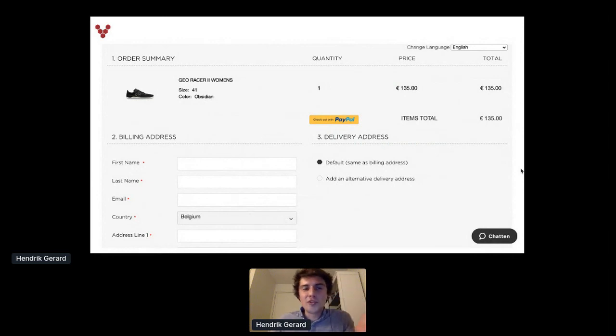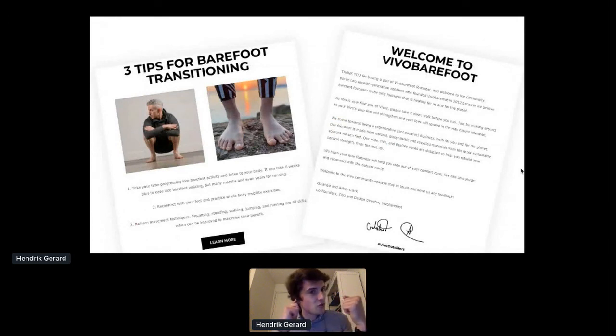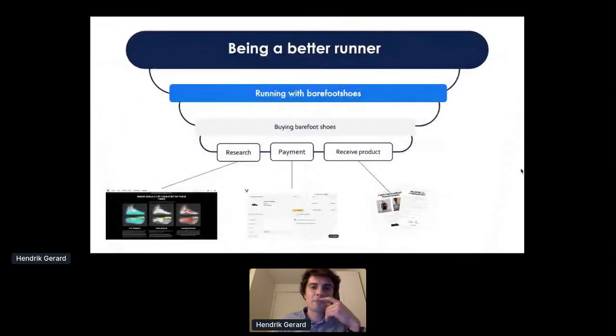After you order the shoes, you get two emails. The first one is 3 tips for barefoot transition, which is nice. You already give something actionable for the user, and the personal email from the founders of Vivo Barefoot, which is also a nice addition. So if you look at the flow, when you visualize it like this,